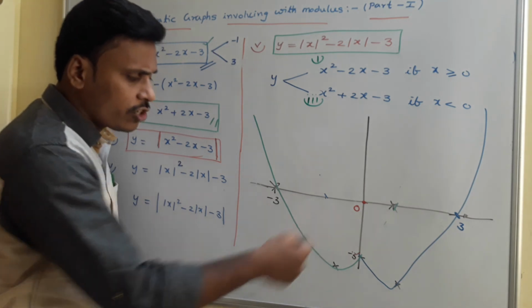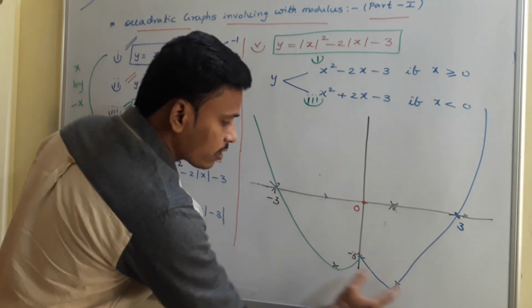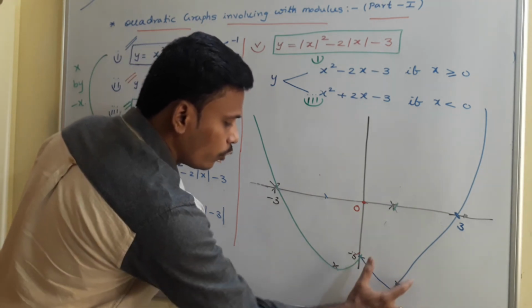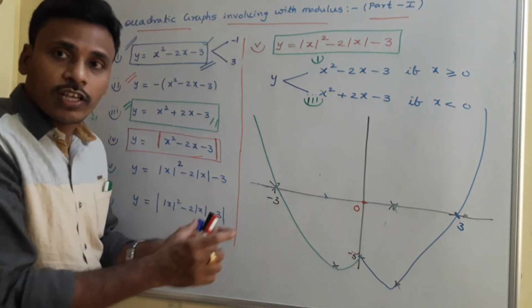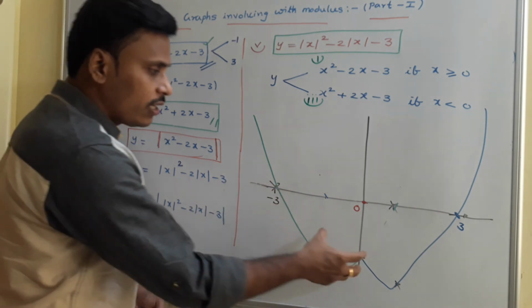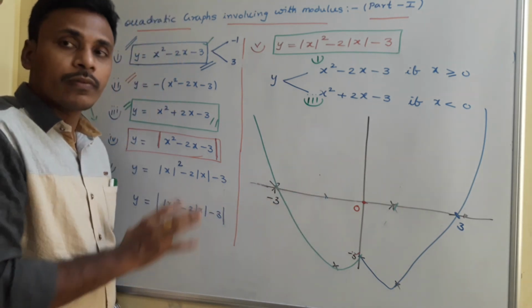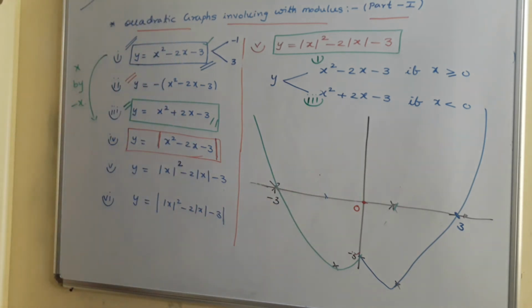I am sketching roughly, and that's why it looks like this, but actually these two parts are symmetrical. You need to sketch it with the same length, the same height and the same width. They are symmetrical actually. These two parts must be symmetrical. Just have a look, and then I will give you the graph of the last one.